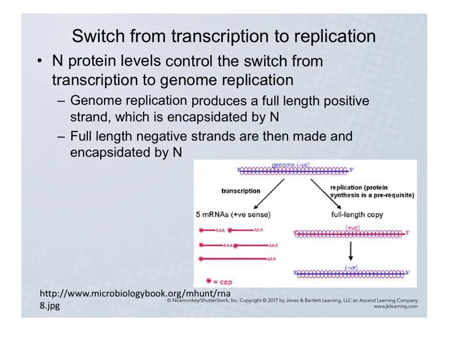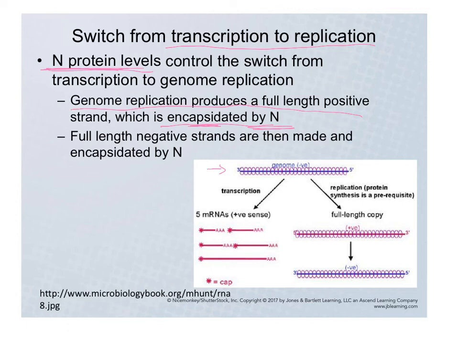Members of the mononegavirales are able to switch from transcription to replication because of the actions of the N protein. The levels of the N protein are going to control the switch from transcription to replication. And that will allow us to produce a full-length positive strand that is covered or encapsulated by the N protein. If we look at the diagram down below, here is the genome that came into the